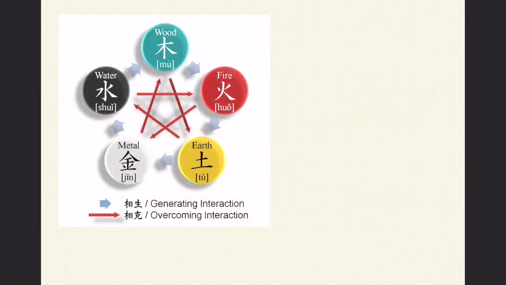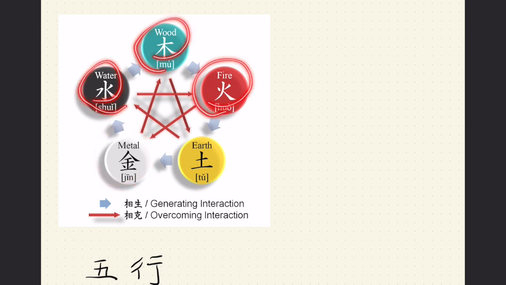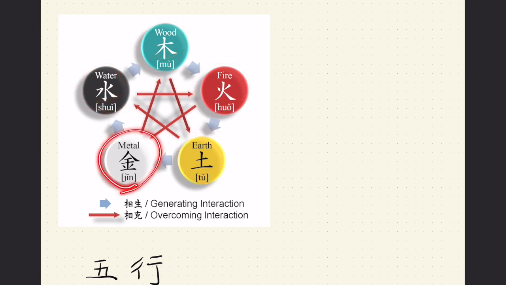With this in mind, let's take a look at the Chinese 5 elements, or in Chinese, we call it 五行. The 5 basic elements of the universe. 金木水火土。